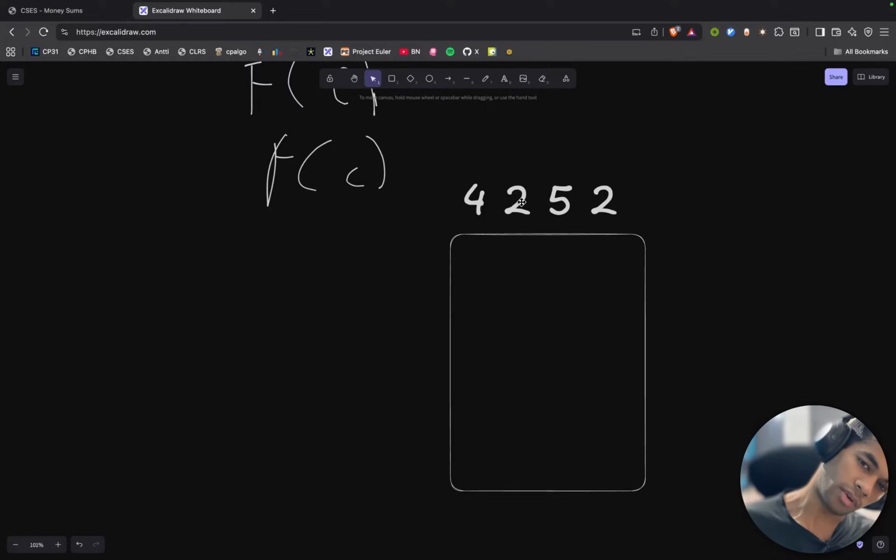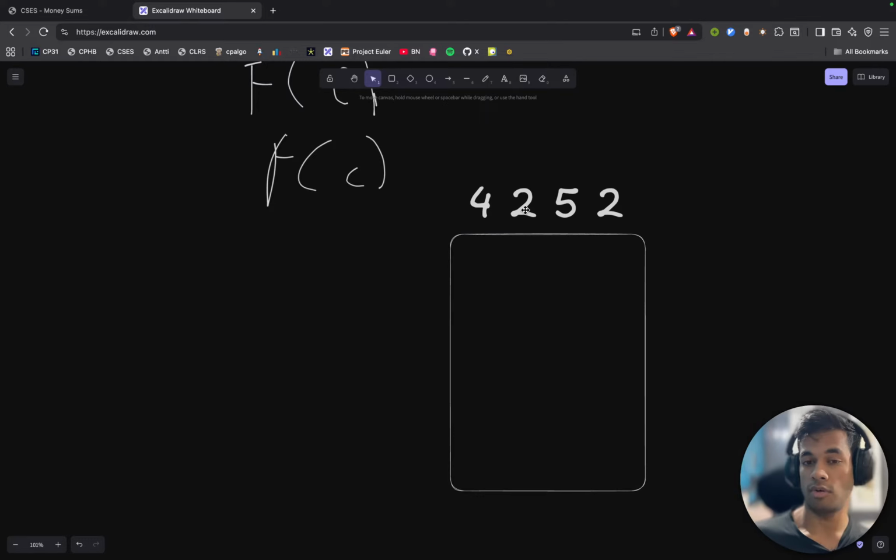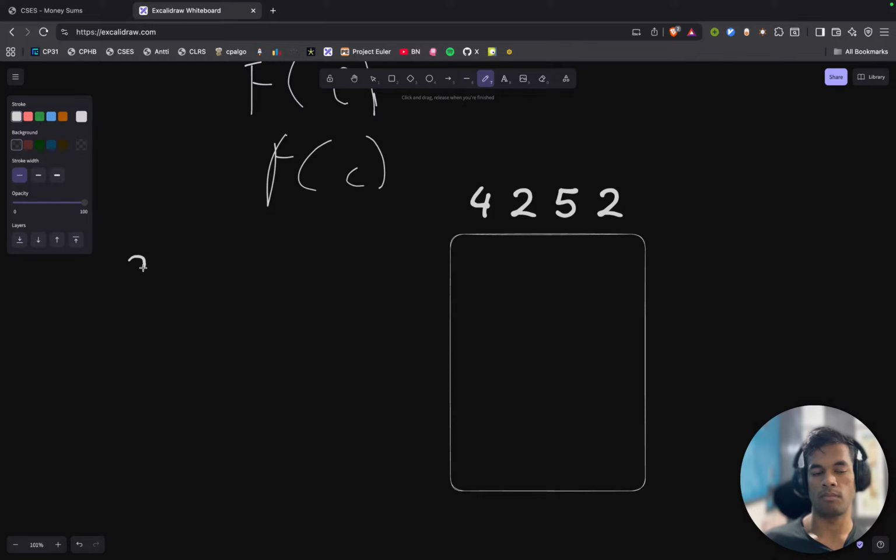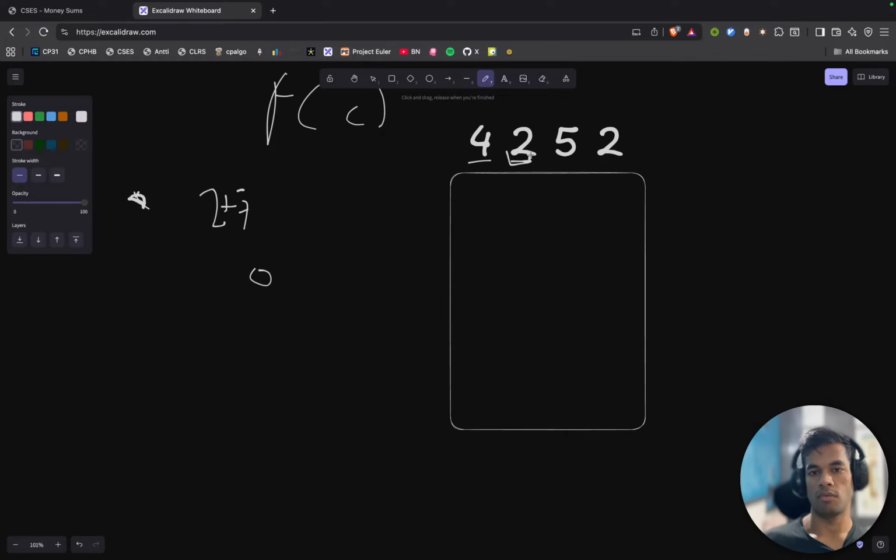There are two possible sums I could have. And with this, either I use this coin or I don't use this coin. When I do use this coin, then the possible sums would increase from the number of things to which I would have to add this coin, which would be 2. So the number of operations for this one was 0, and the number of operations for this, when I do include this,